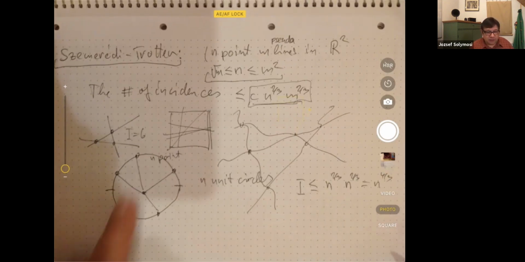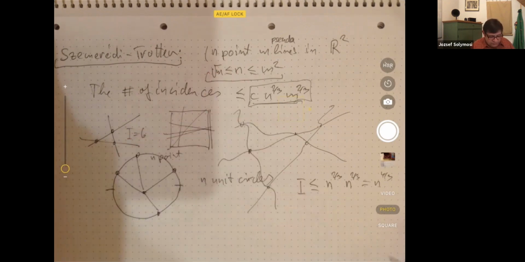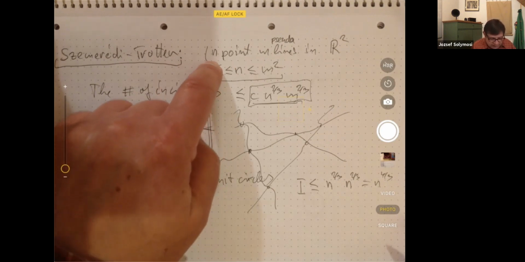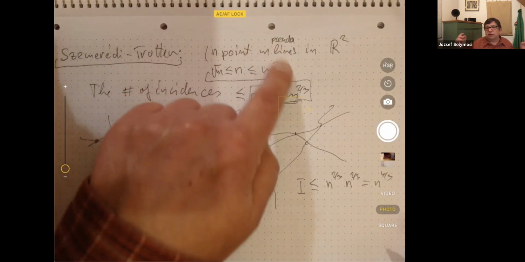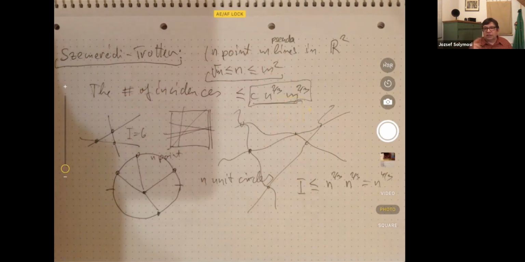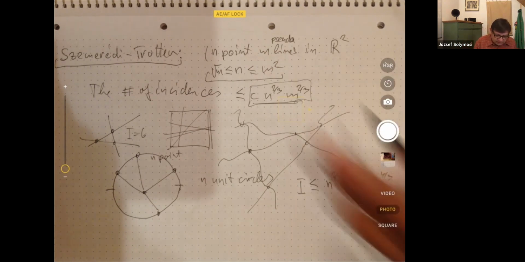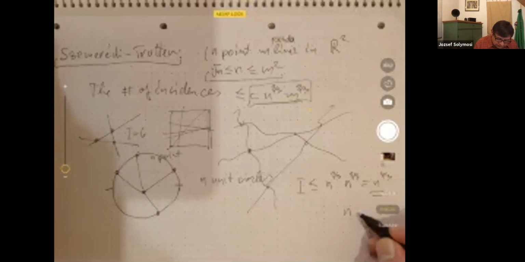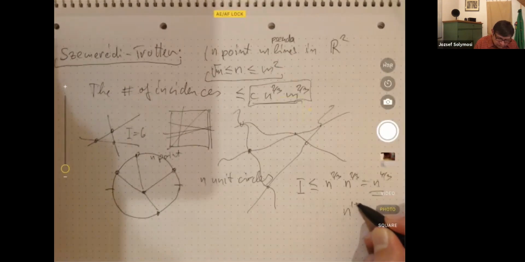This is a very simple theorem to prove. I just don't want to do it right now. But the statement is that on the Euclidean plane, it's true that among n points and m pseudo lines, which are any curves under the condition that any two curves have no more than one intersection point, the number of incidences is not more than n to the 2/3 times m to the 2/3. Based on that, we are done. This is the upper bound, n to the 4/3. Well, we are not done because this is the best we can come up with. This is very far from n to the 1 plus little o(1), the conjecture.